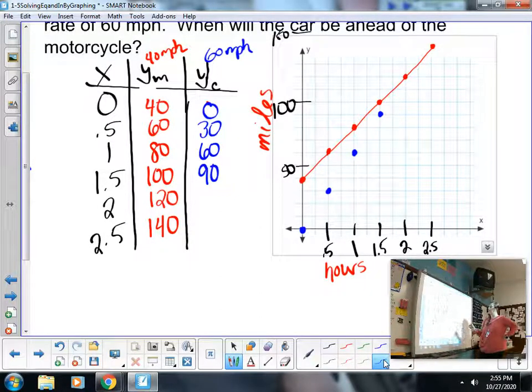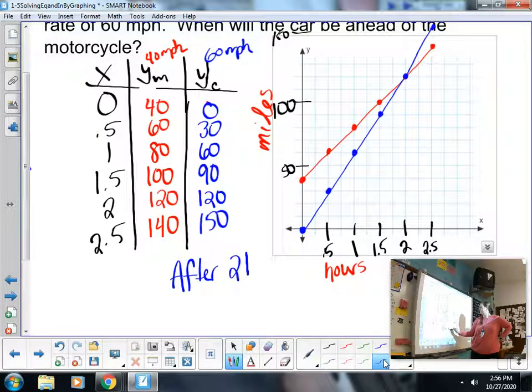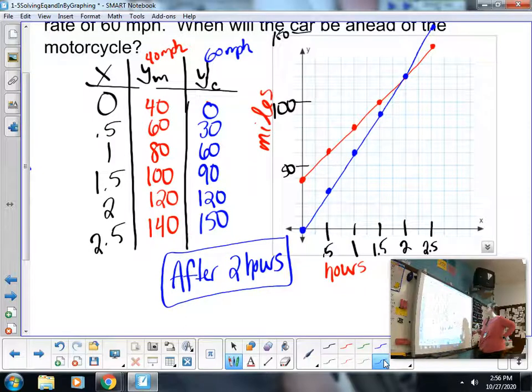Now at 2 hours, because I'm going to be adding another 30 to this, I'm going to be at 120. And that's going to be your place where you overtake. And then we'll be way up at 150 at 2.5, which is up here. So when will the car be ahead of the motorcycle? After 2 hours. So any time that is greater than 2 hours, the car will then be ahead of the